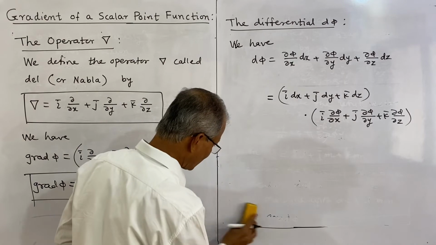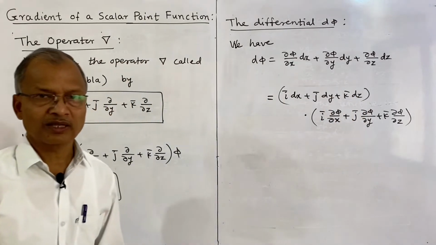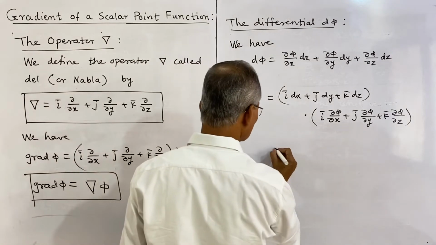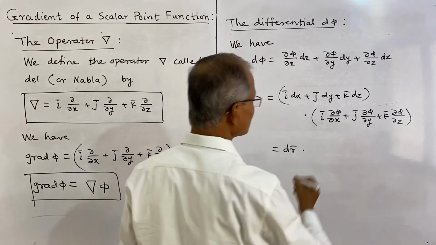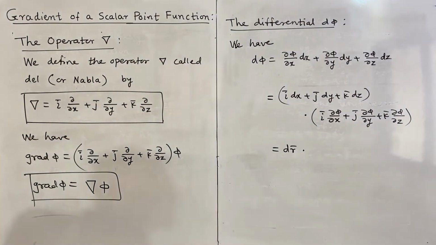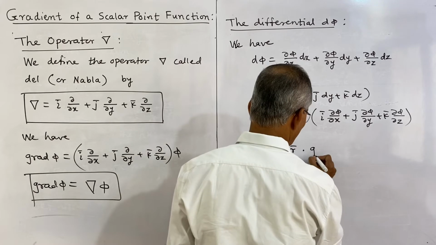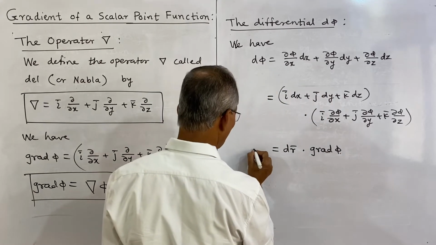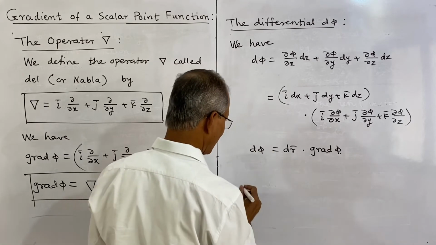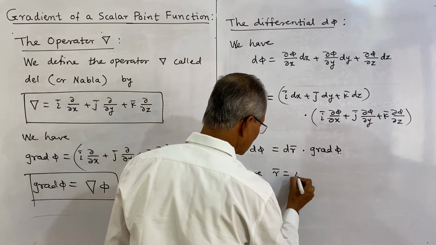dr bar. What is r? r will be the position vector of a point having coordinates x, y, z. So the first is dr bar. And what is the second vector? It is i dou phi by dou x, etc. So this is exactly the gradient of phi. Earlier we have defined this as gradient phi, and thus we have d phi is equal to dr dot gradient phi, where r bar